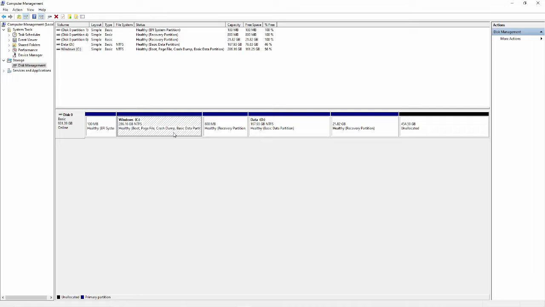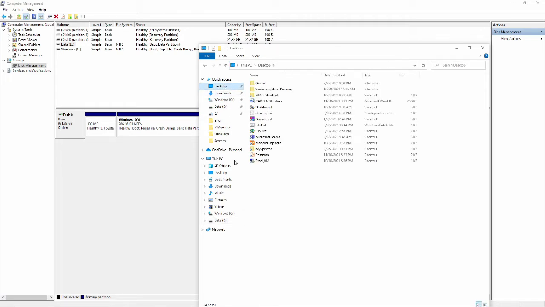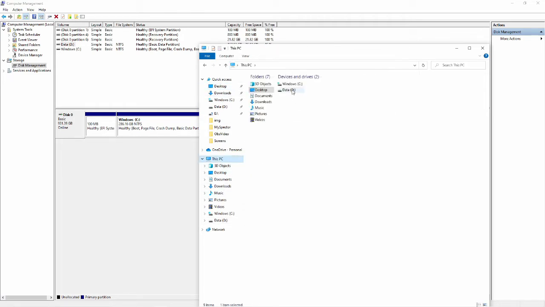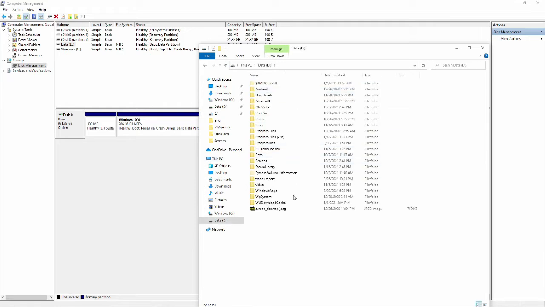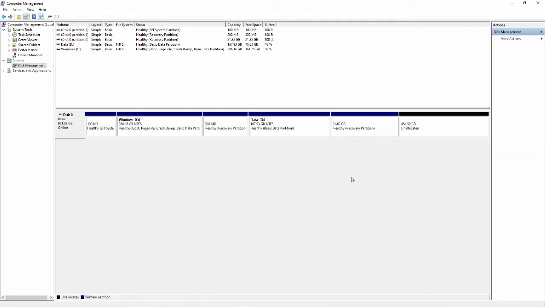So this is important. This can go to the trash. The D drive contains data which is important, but it's a copy of my other drive. So I can totally delete this file, delete this drive. So here, this is already unallocated.